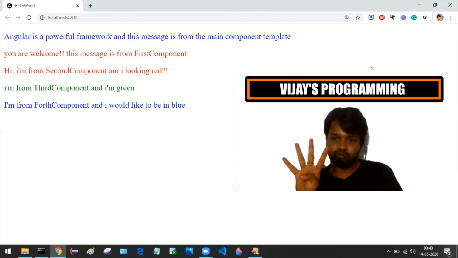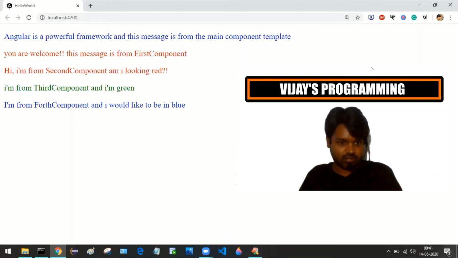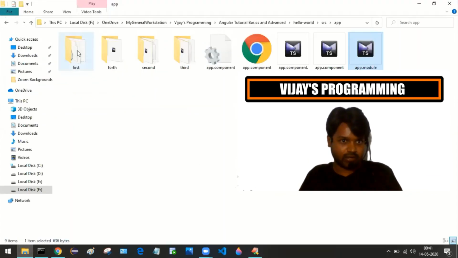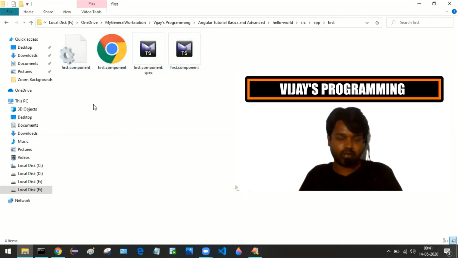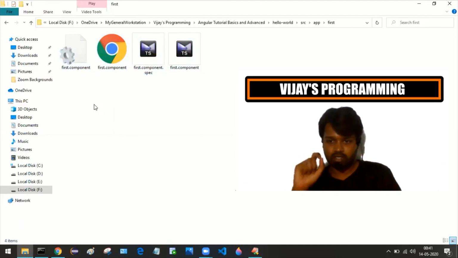By default, 4 files will be created. In our case, as you can see in the first component, 4 files have been generated: first.component.css, first.component.html, first.component.spec.ts, and first.component.ts file.